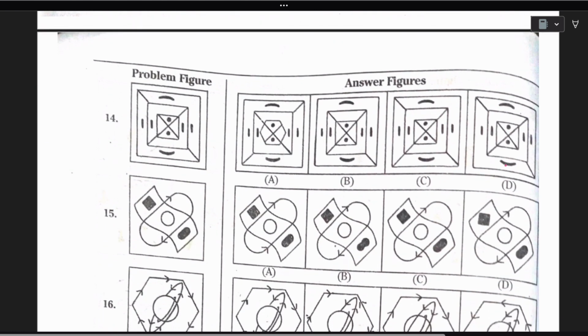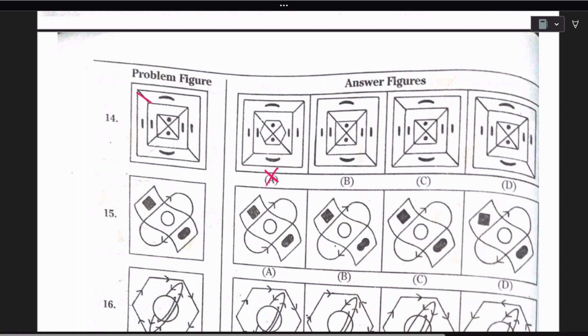And the next one is 14. Here we are having inside, here it is a square, but in option A it is like a hexagon, so we will be eliminating A first, and then anything else we can eliminate directly. Just check. Okay, so let's compare one by one, and then let's go into these lines.